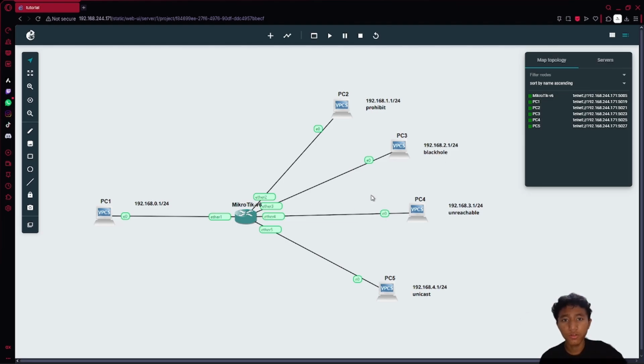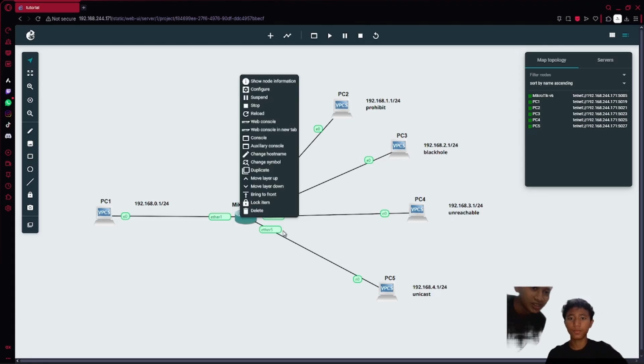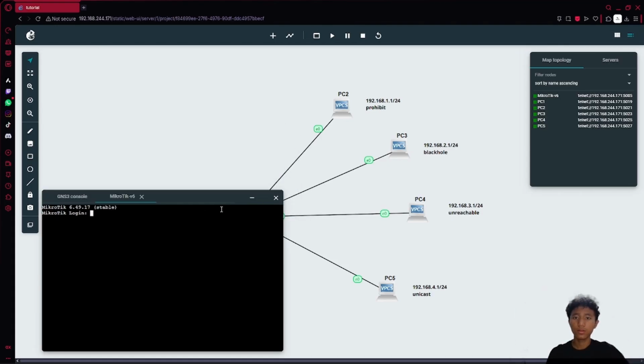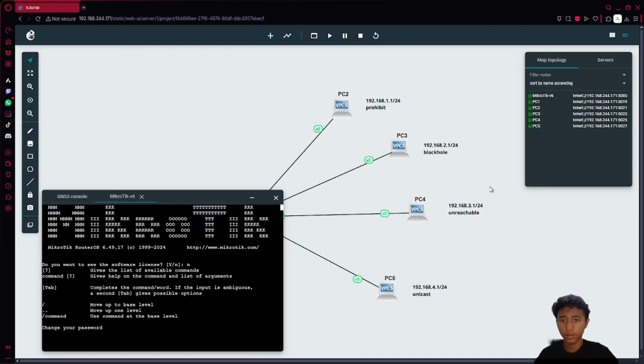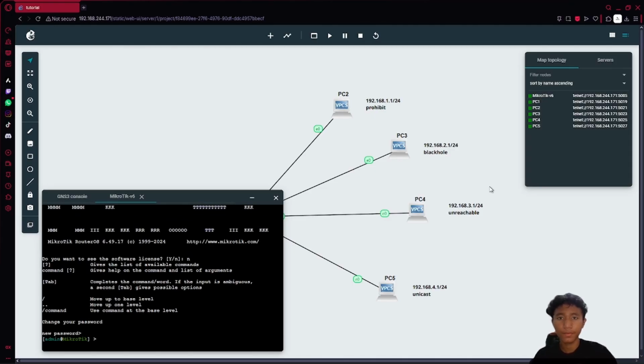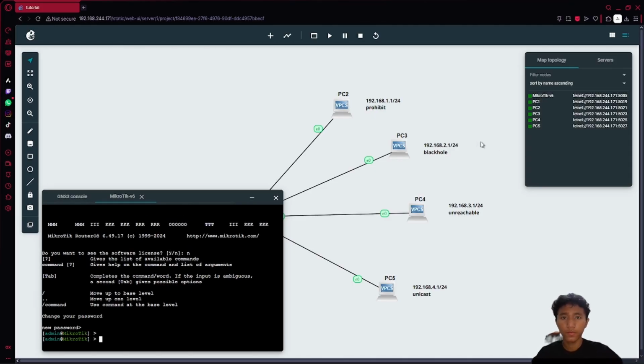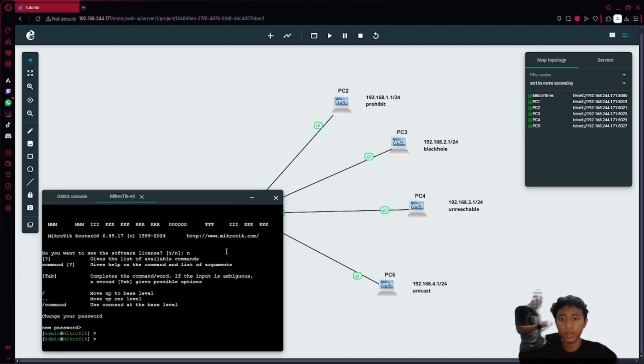So to configure it on Mikrotik, firstly, we login onto the router itself, where the user is admin and there is no password. Here, I first need the basic configuration.